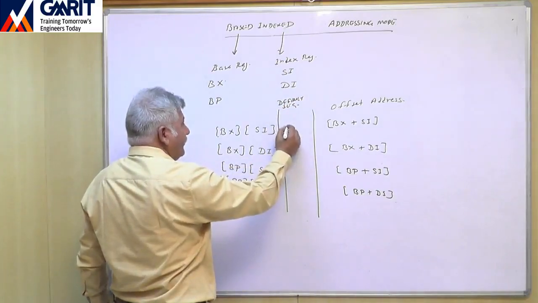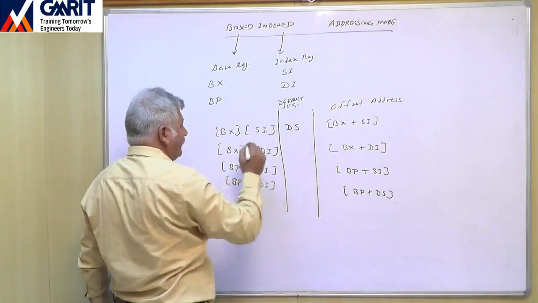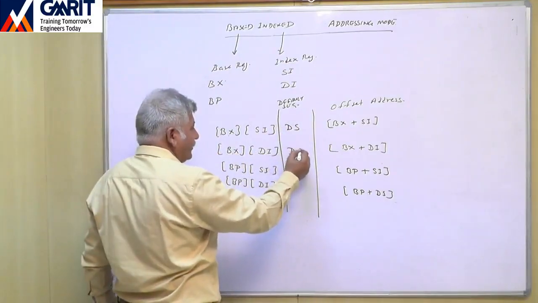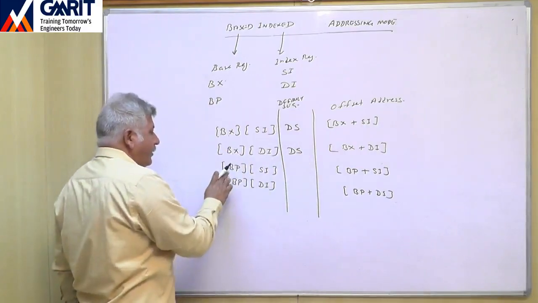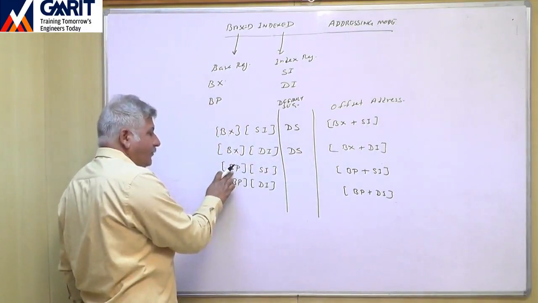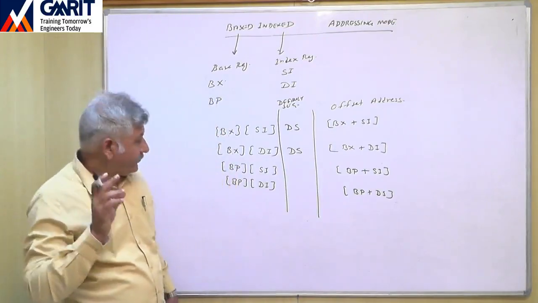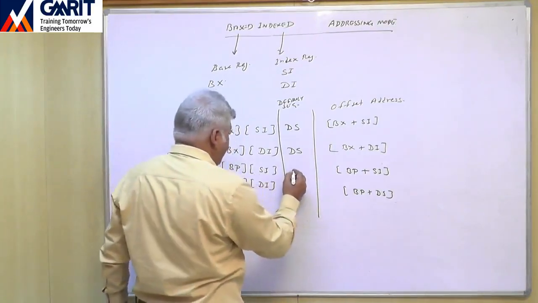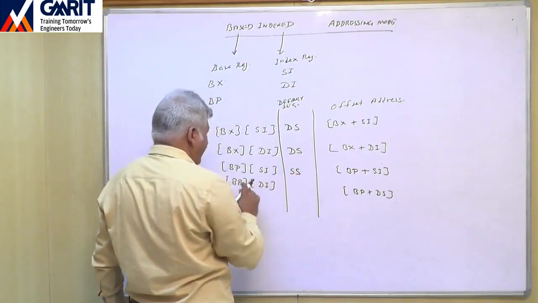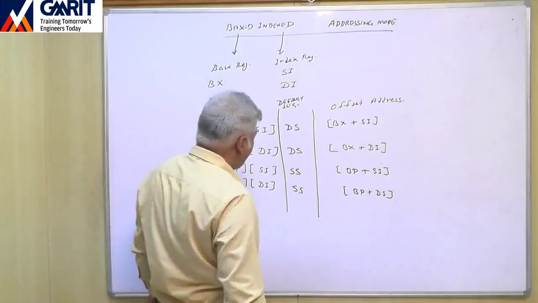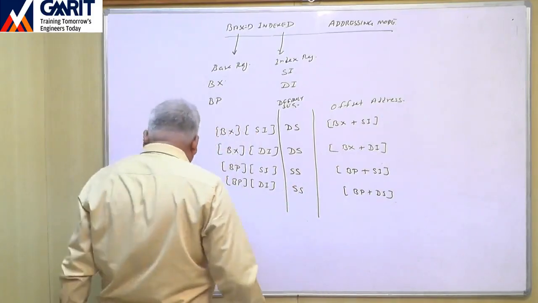The segment will be the data segment. So wherever we are using the BX register, the default segment is DS. Now for the BP register, the base pointer, we know the default segment is the stack segment. So this is the stack segment, and here also it is the stack segment, right? And the instruction can be of this form: